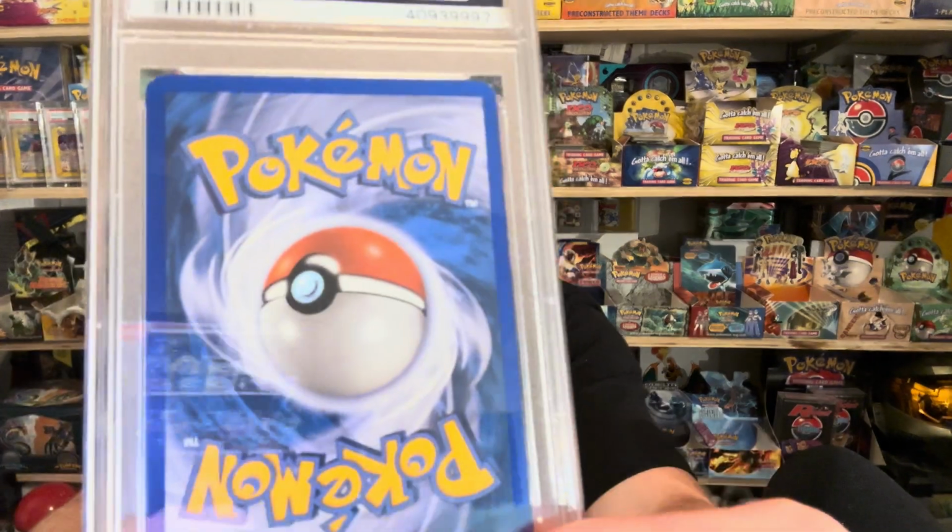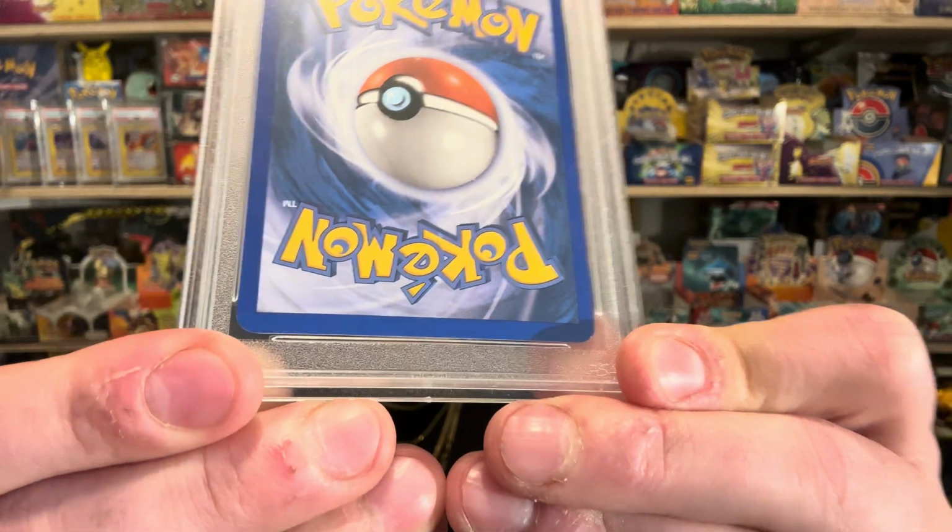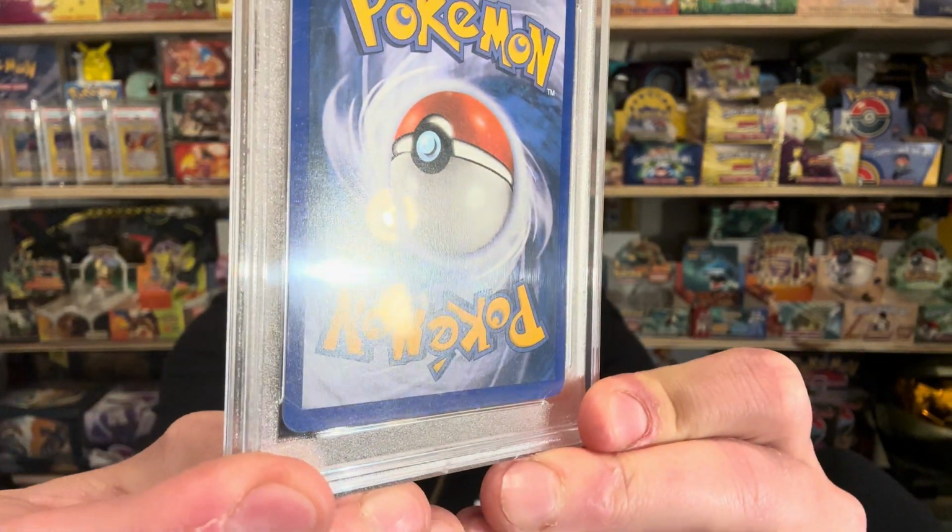It really is a beautiful card, and I'm stoked to have it. I am stoked to have it. All right, so here's the back of the card. You guys can see there's pretty much